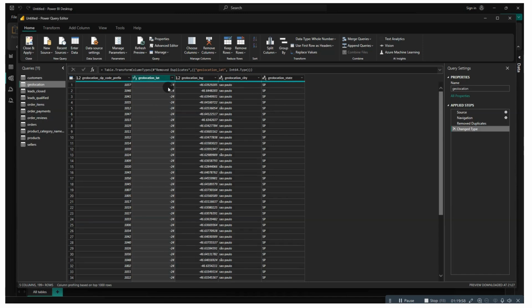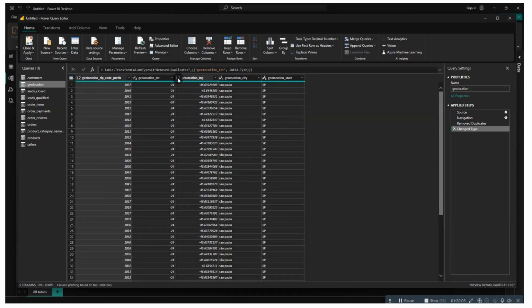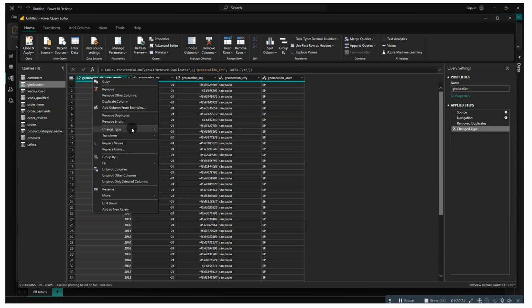Now, how do you know that one data type is whole number and another is decimal? You use these upper sections to detect the type of data that is in a particular column. For example, if it's 1.2, then that is decimal. But if it's a whole number, then it will record as 1 with the 2 up and then 3 down like this. So basically it means the location zip code prefix here is a decimal. If you right click and then go to change data type,